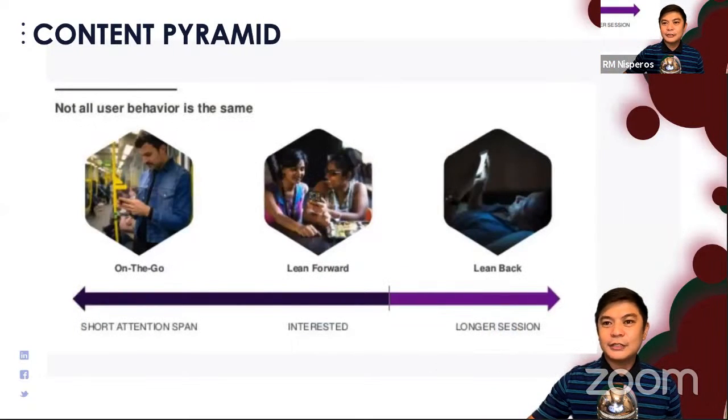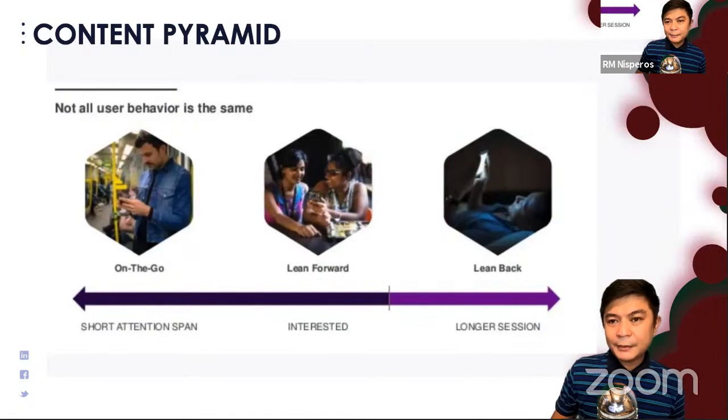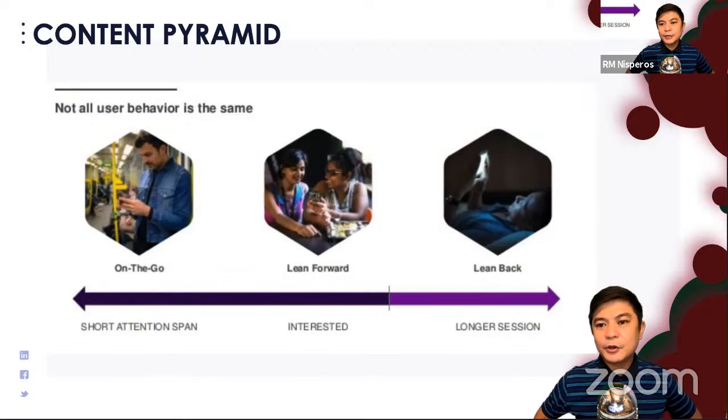We also have the content pyramid from Facebook. This content pyramid is for the attention span. So not just the intent of entertaining and educating, you should format content based on your customer's attention span. So we have on the go, lean forward, and lean back.